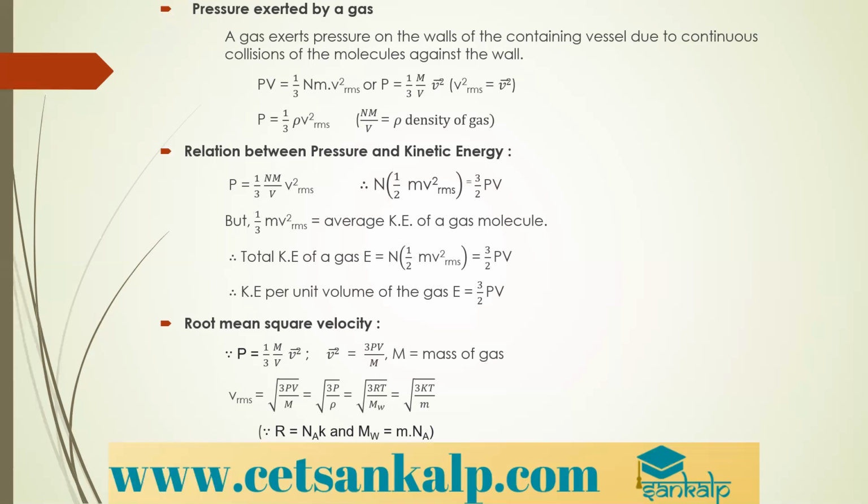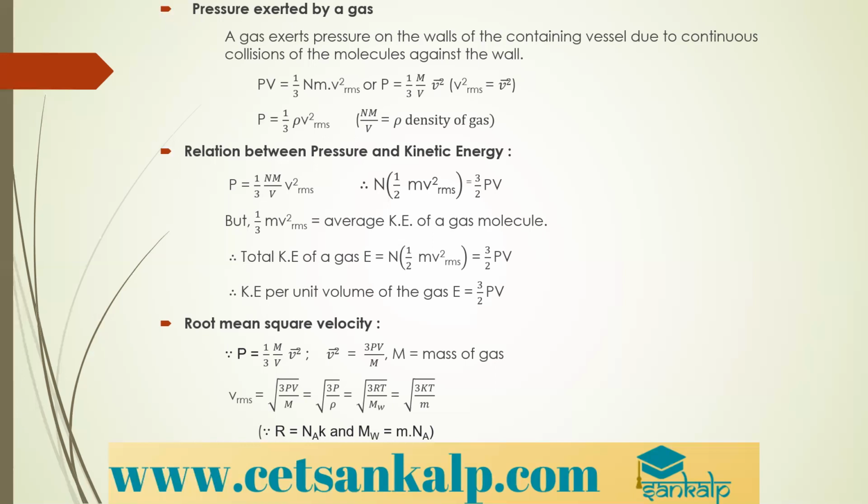So here is the relation between pressure and kinetic energy. Therefore, you can also write the kinetic energy of the gas as E is equal to 3 by 2 P into V. They may give you options to write the relation between kinetic energy and pressure. We have two expressions: first, E is equal to 3 by 2 P into V. In terms of the number of molecules, you can also write it as N into 1 by 2 M Vrms square, or per unit volume if that is given, 3 by 2 PV is also fine.